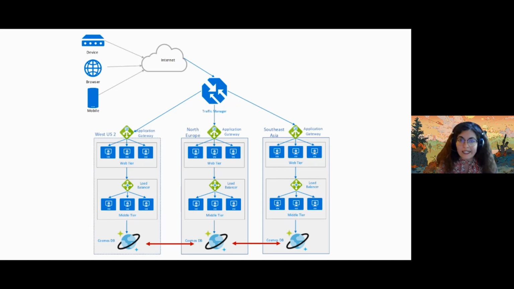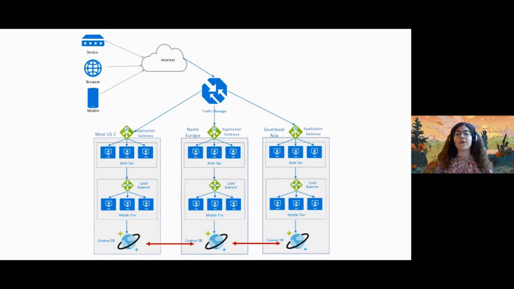So for that reason, you keep adding replicas of the application and every database as well. So when the user is doing a request to the server, the traffic manager, which acts here as a load balancer, sees what is the closest region to the user,